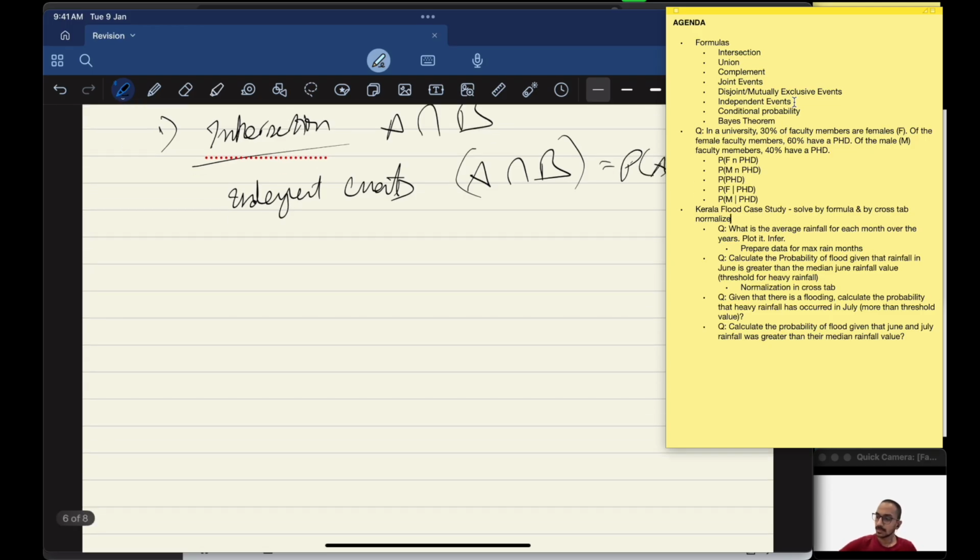If it is mutually exclusive events, then A and B will be 0. A intersection B will give us an empty set, right? Because